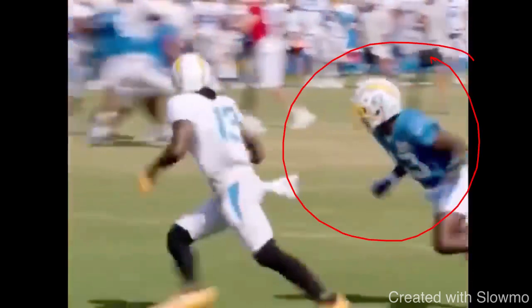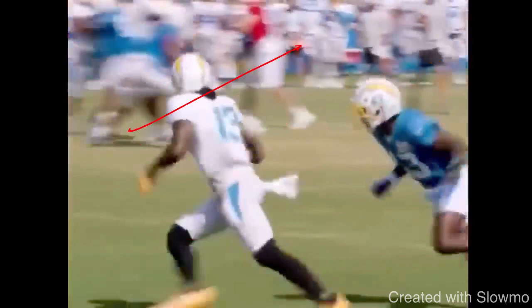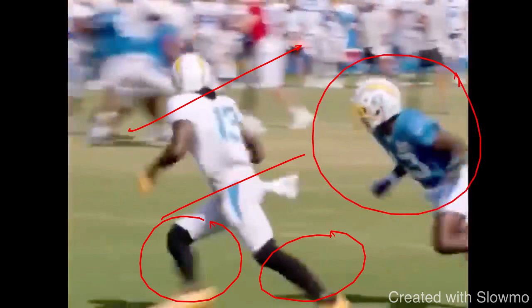He really reassesses himself back over the top, and to get this DB to jump, it's not enough just to come in, it's not enough to just peek back to the quarterback. It's not enough to just look at him. Like, let's say this is a post-out route. For this post portion, it's not enough to just give your eyes. You have to commit your shoulders, you have to commit your hips, and you got to have some speed to this break